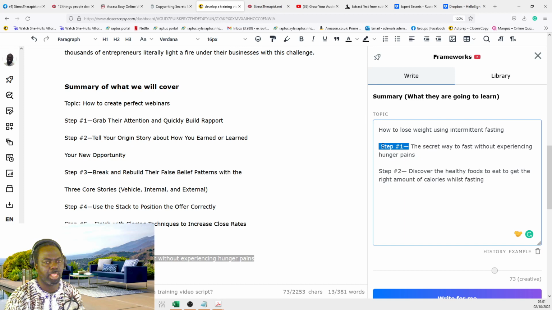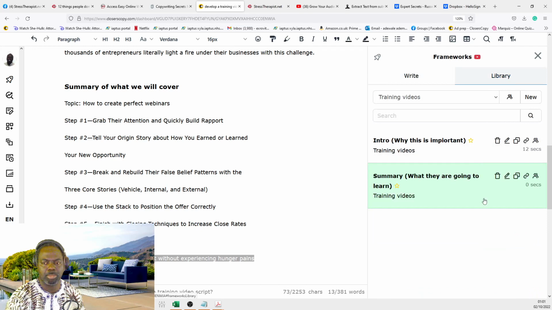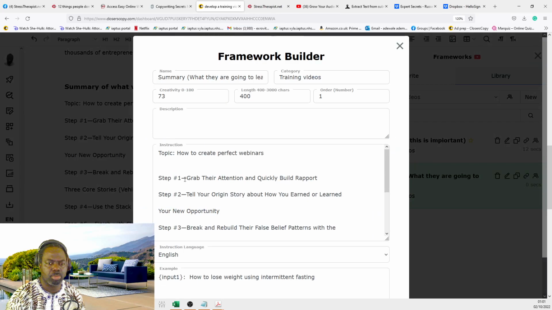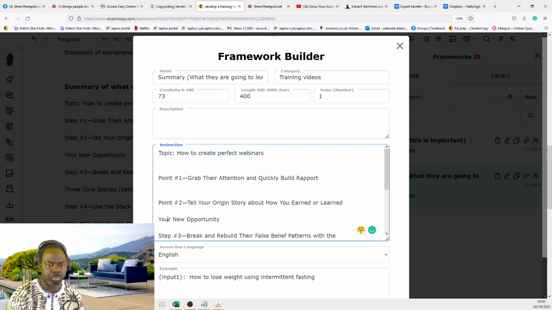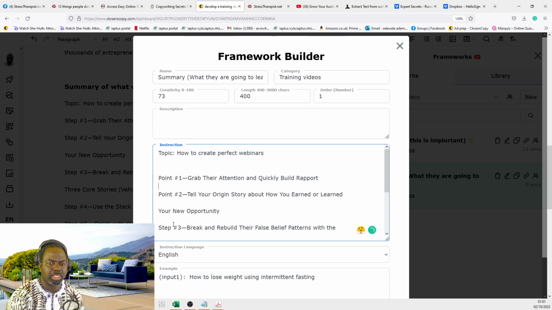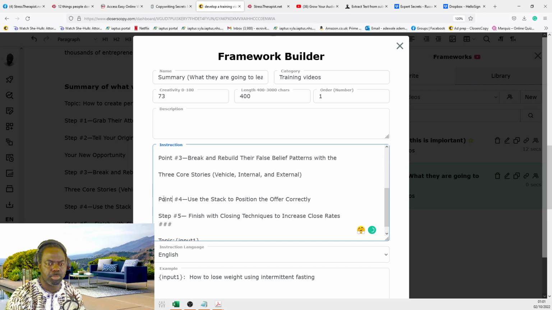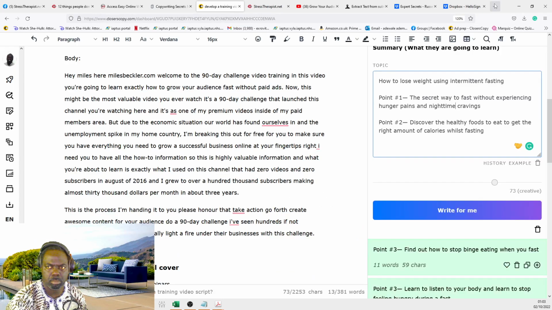So I might change the example a bit. I'm going to change the example to point. So steps. Point 1, point 2. So the AI is not thinking stepwise and skewing the results always to step points instead of. So another example of where you can get, another place where you can get example content for your